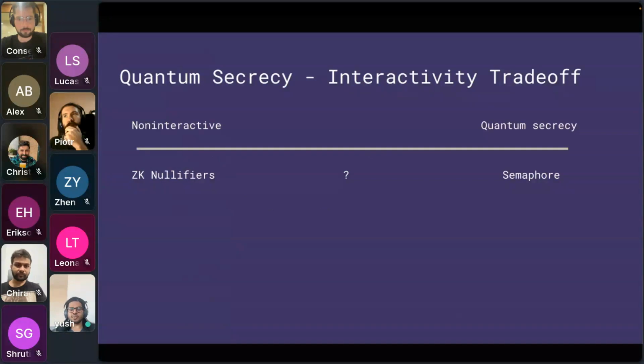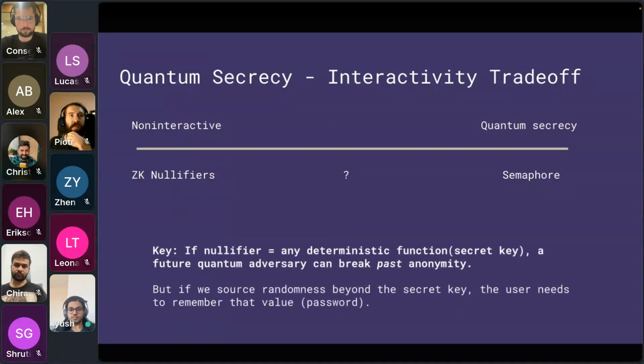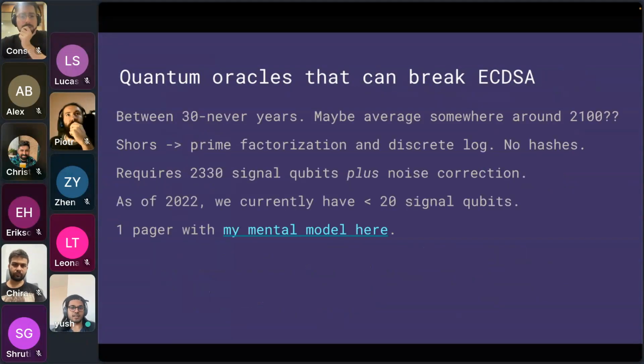It turns out there's some funny things here where we actually give up quantum post secrecy in order to get this unique anonymity property. That is, if you have a quantum computer that can break Ethereum key pairs, then you can also break past anonymity using this scheme. But it's very hard, in fact possibly mathematically impossible, to get around this. We think that because it's going to take between 30 to 100 years or something for quantum computers to reasonably break cryptography, we're not too worried about it, although this might update soon.